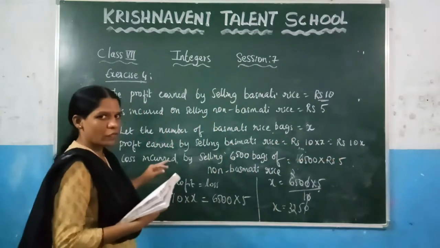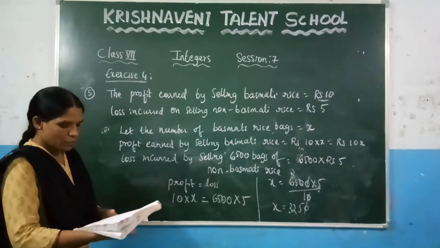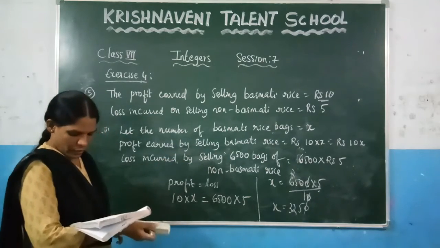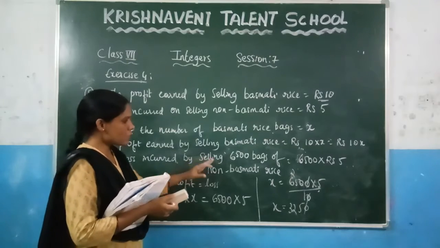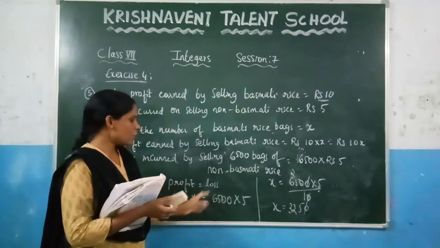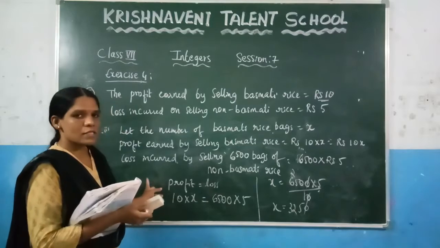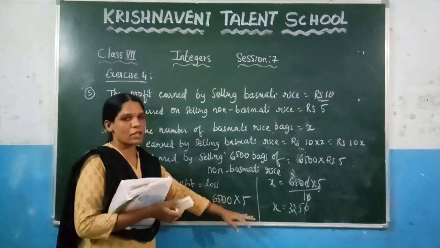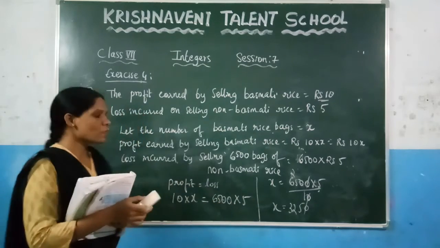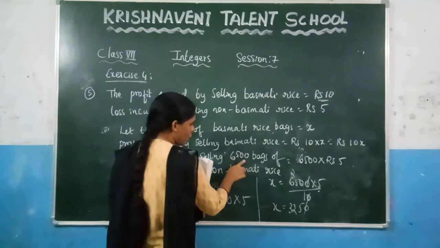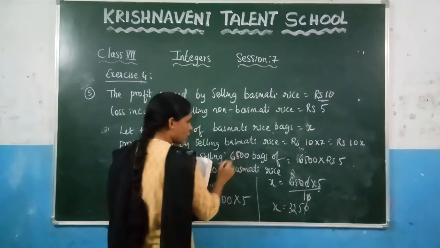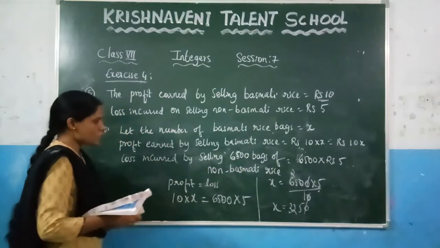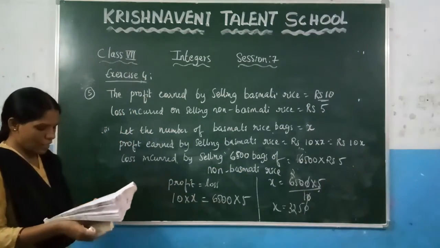So we got the total profit. And what is the number of non-basmati rice bags? It is given as 6400, and so here we multiply this 6500 with 5. And in the question they have given that there is no profit or loss. So we treated profit as equal to loss. After calculation we got the x value as 6250. In the question they have given 6500, but I have written 6500 here. You can do it by taking 6400 here. Now this question is completed. Now see the last question.